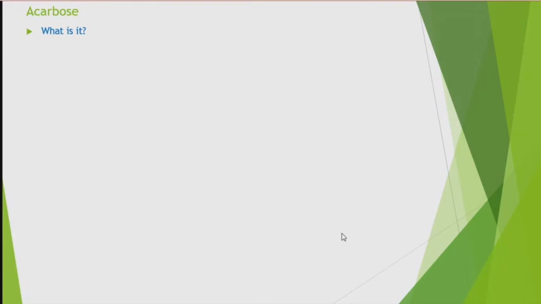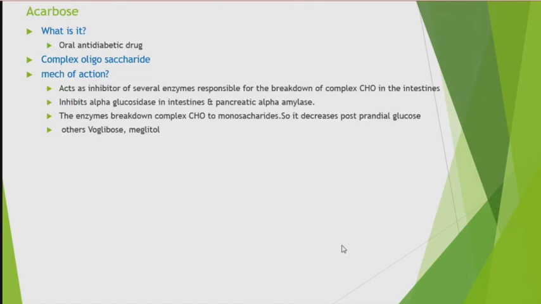Sir, acarbose, it's basically an OHA, an alpha glucosidase inhibitor, sir. Yes, that's fine. Mechanism of action: if you inhibit the alpha glucosidase, the complex carbohydrates which come in are not split up into glucose. As a result, they pass down into the GI tract with an osmotic effect, sir. So what are other members of this group? Voglibose, sir, acarbose, then